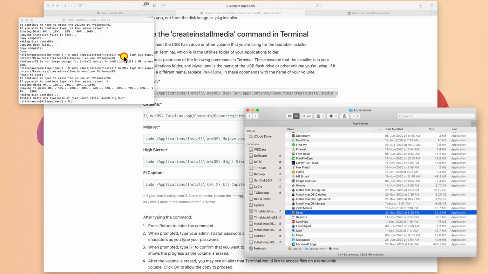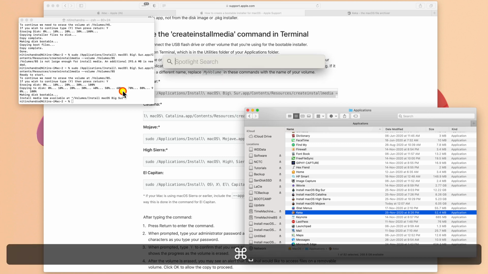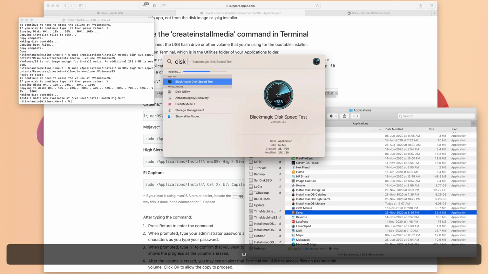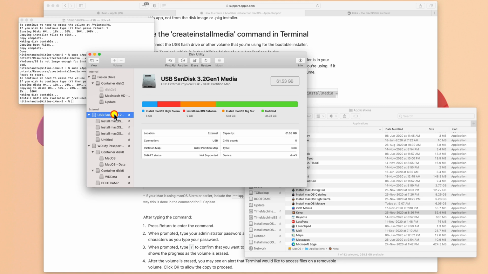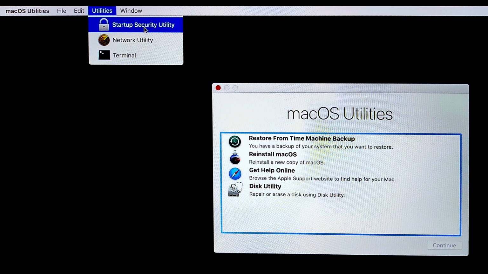Okay, so now we are done with these three installers. I've left out Mojave. Let's run the disk utility and see what it looks like. So we have a lot of free space, and by the size you can figure out a 32 gig will easily accommodate these three. Once again, remember, if you have a Mac which has a T2 security chip, you will have to press Command R on startup to get to this recovery screen, and from there you will go into startup security.